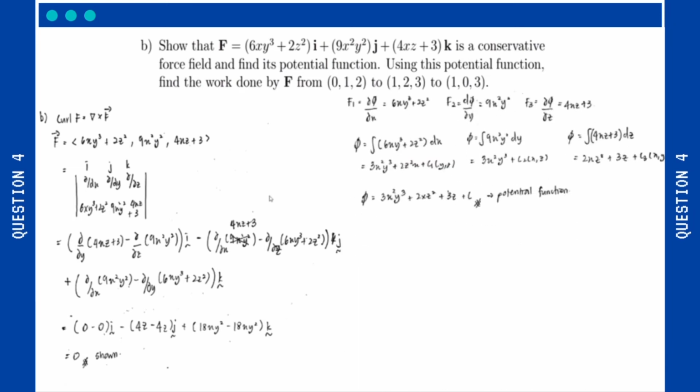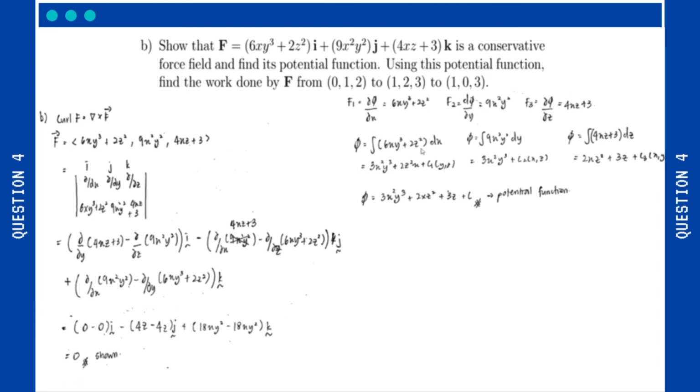So to find the potential function, f1 is equal to del phi over del x, which is equal to 6xy cubed plus 2z squared from the equation. So f2 is actually del phi over del y, which is equal to 9x squared y squared. f3 is equal to del phi over del z, which equals 4xz plus 3. So in order to find phi, we need to do the integration for each element. For element f1, we integrate